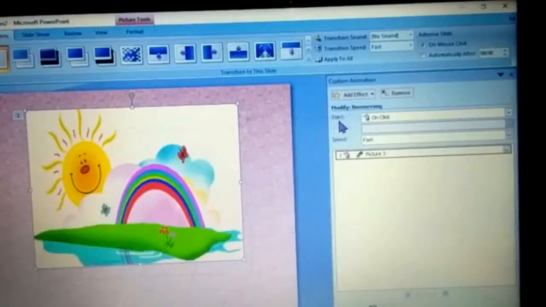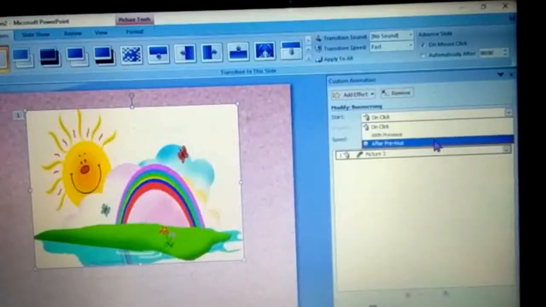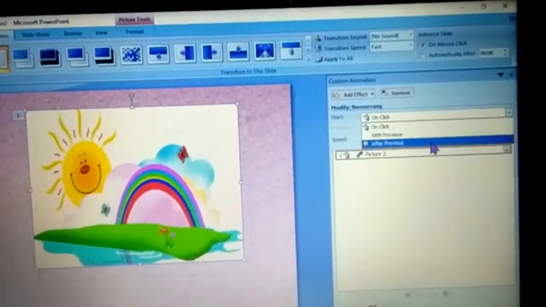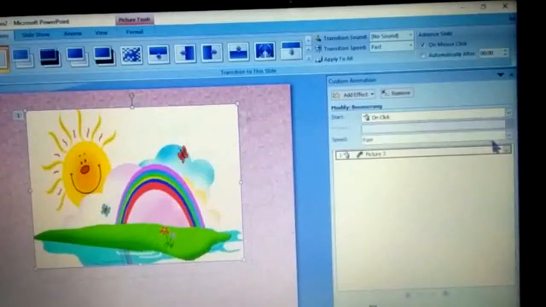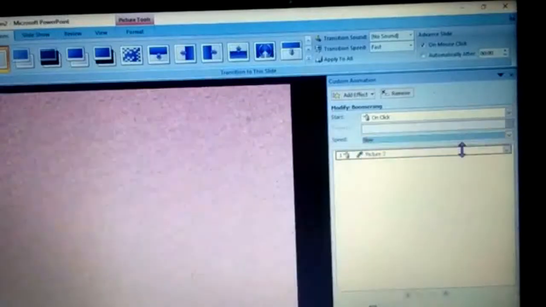So start is on click, so whenever we click, only then it will play, but further options are with previous or after previous. So as you have animated another thing, it can start with previous also, or after previous also. So you can choose from these options. Right now the speed is fast, but if I want it a little slower, see how slowly it comes.